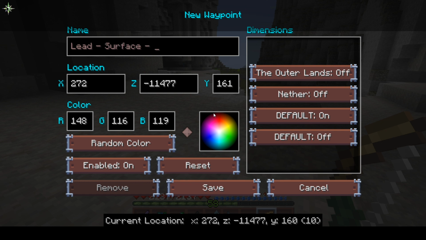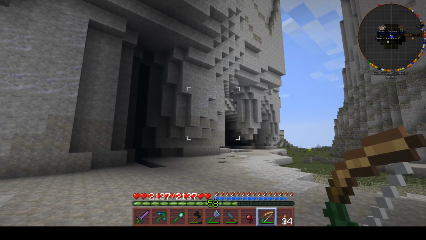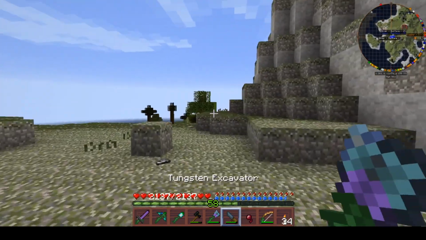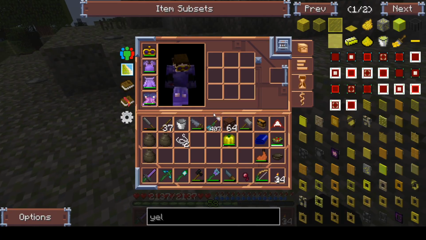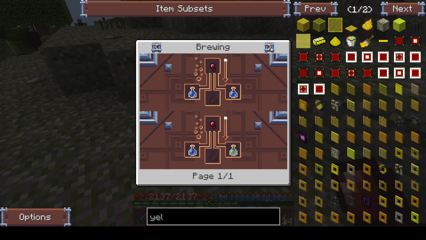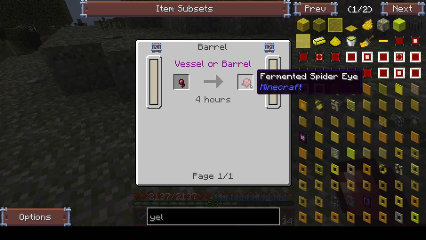surface, 35. I'm putting that on just because we're obviously in a modded game, so even though TFC is asserting that this is useless, I don't want the spider. Do I want the spider's eyes? We can make the fermented spider eye. We can make a potion. I can